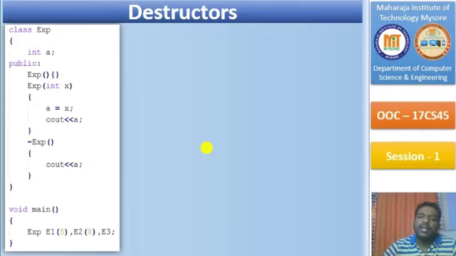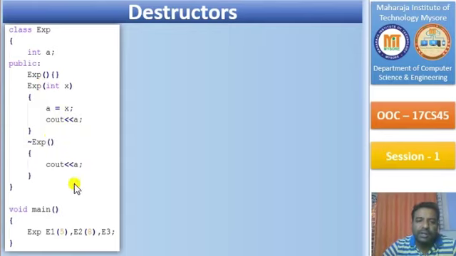So now, until now, whatever constructors we have discussed, now this is going to be another important or special member function, which is similar to the constructor. Now just look at this. The same program has been modified, where I have a zero argument constructor with an empty body, and a parameterized constructor where in this itself I'm printing the value of A. This is what I was saying: a constructor can be used for any purpose, not only for initialization. And now this is what we call a destructor.